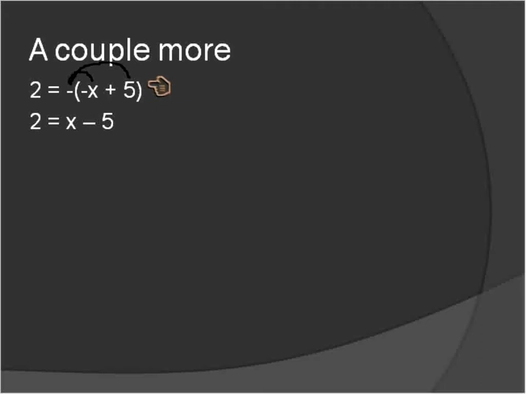They're annoying, they're in the way, get rid of them. And then we have this. Now I have x minus 5. I'm going to have to add 5 to both sides of the equal sign. So now I have x minus 5 plus 5. Those two will cancel out. And I have to make sure to add that 5 to both sides of the equal sign, giving me x